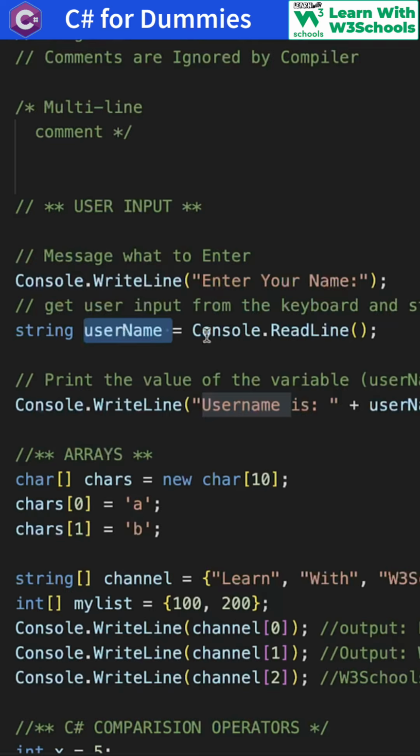So we need to have a variable because it will return a value, and that value needs to be stored. By default, that value is of type string. So we initially always use a string, and then later on you can do casting to convert the string into a number if you need the number value. Okay,